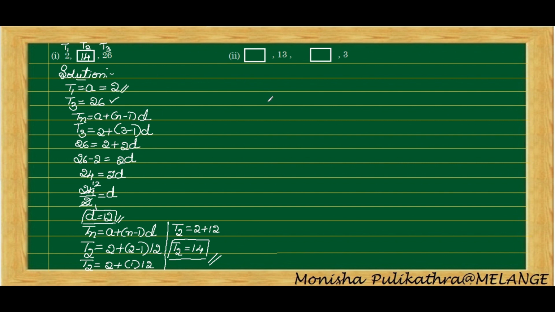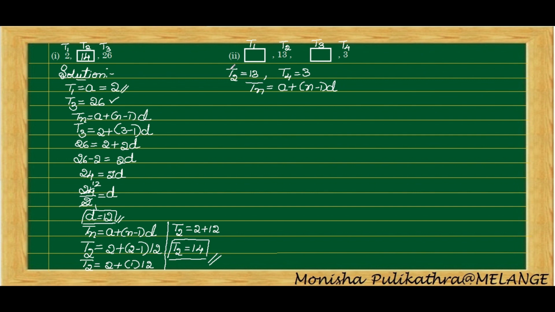Okay. Let us move on to the second question. So here this first missing box will be T1. The second number 13 is equal to T2. And the third box T3 is missing, and T4 is equal to 3. Okay. First you need to write whatever terms they have given. That is T2 is equal to 13 and T4 is equal to 3. Right. So we need to substitute both the terms into the Tn formula. So the Tn formula is A plus (n minus 1) into D.